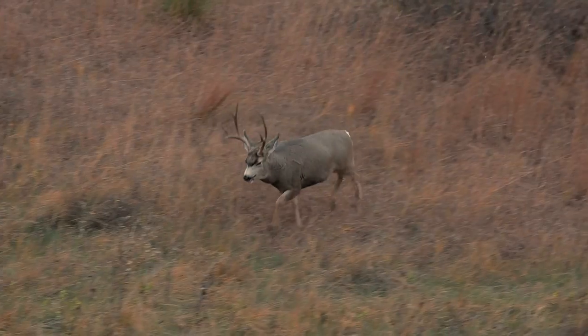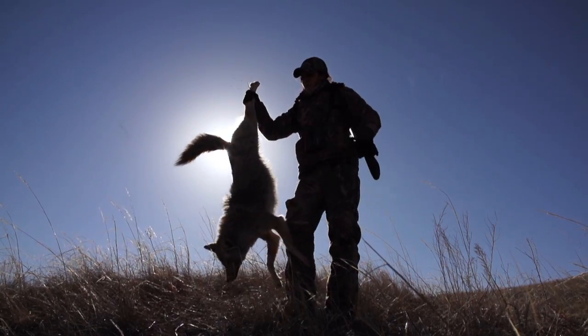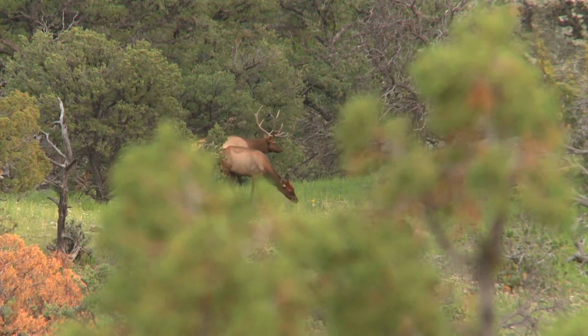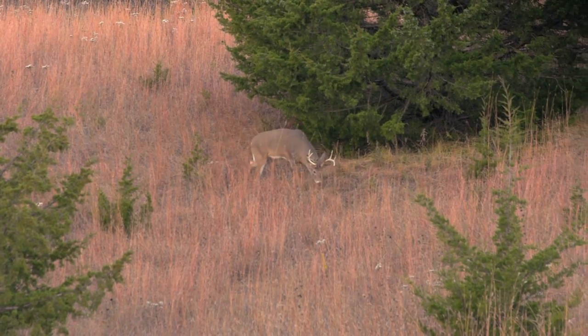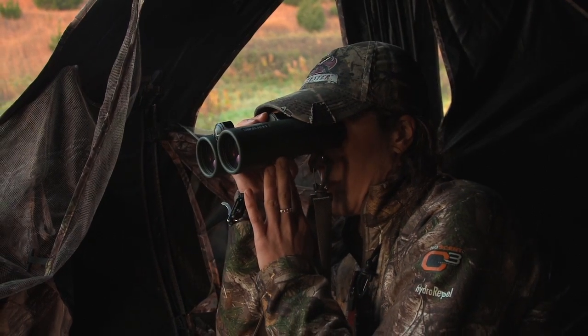Well, the hunting on the reservation, there's a wide range of species, anywhere from mule deer and whitetails to turkeys and coyotes and antelope, and then in certain parts of the reservation there's elk. So we pretty much offer big game, small game, all the way out to birds and pheasants and ducks and stuff like that. Now, we were hunting right during the peak of the rut. We were there at the beginning of November, probably one of my favorite weeks in the entire year to be